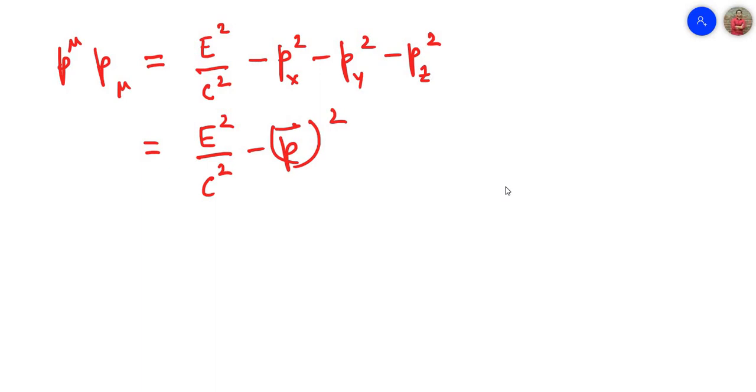Now, we expect this value to be invariant under Lorentz transformation. So if we jump onto a reference frame in which the particle is at rest, then its momentum part is 0, so 0 squared,